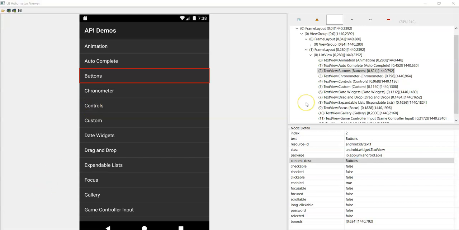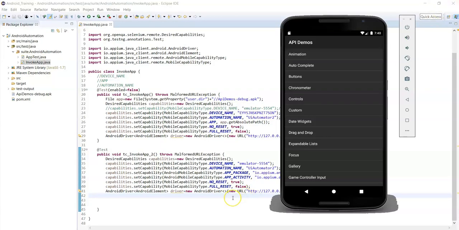Okay. Now let's see another approach to identify the locators. For now we can close this Android UI Automator viewer. Now in the latest Android SDK itself, Android provided another tool called monitor. This is same as the UI Automator viewer tool.